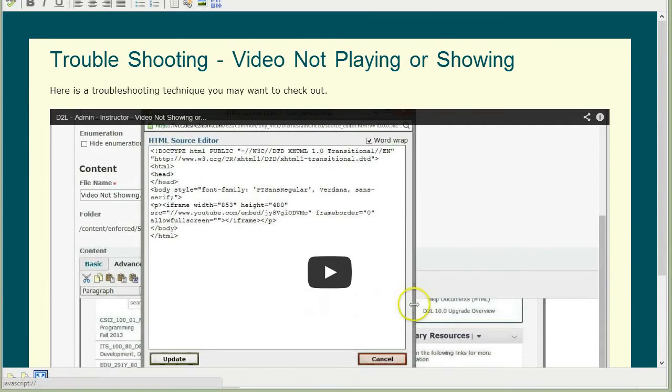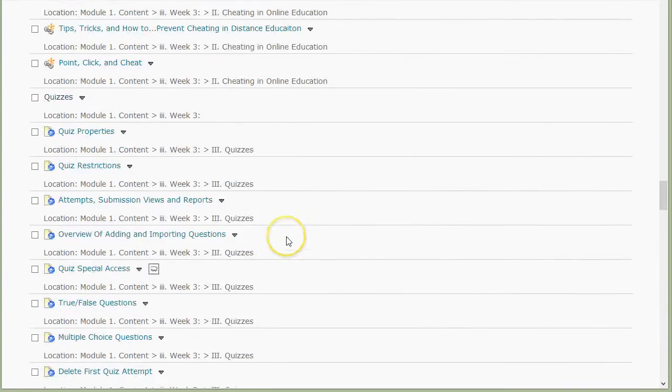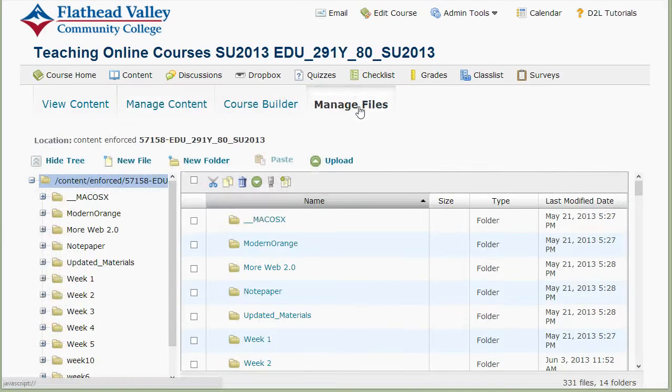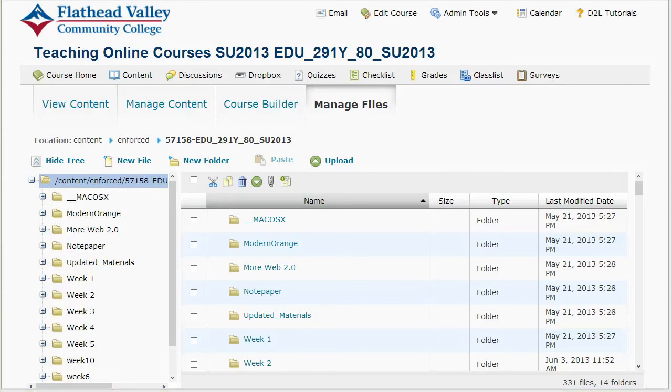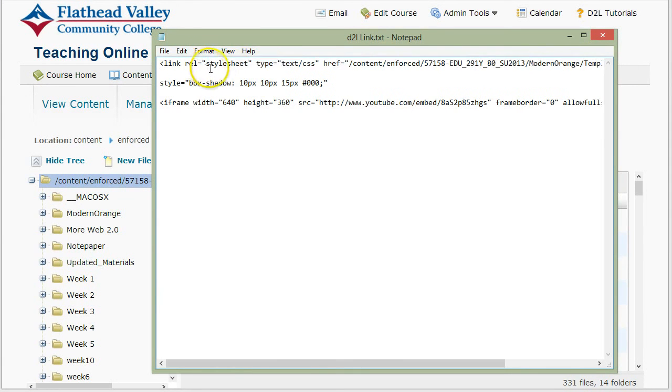So I will go back one here. We'll go to Manage Files. Okay, now in that link, this is the location of it. Right there. So it's telling us here, here's the actual course name right here, and under the course name it's